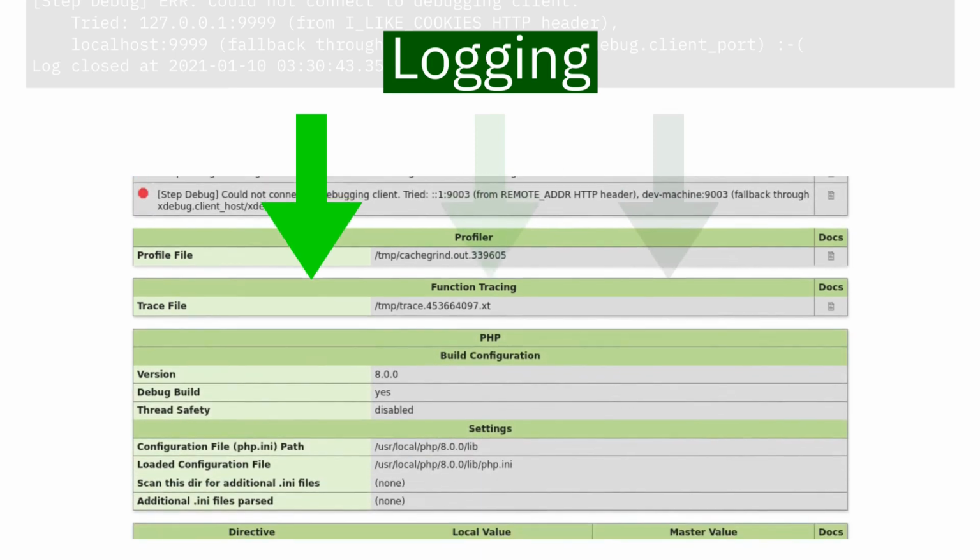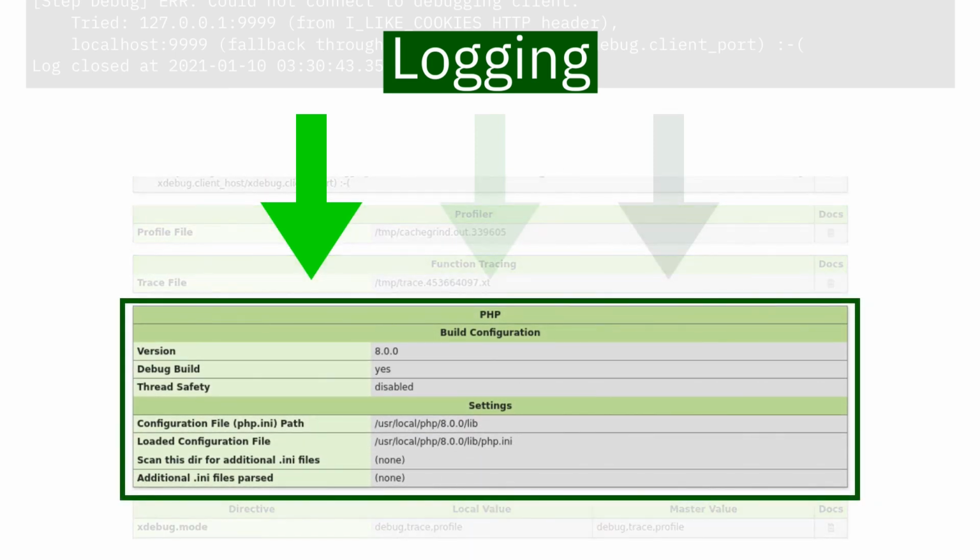Below the diagnostics information we find a subset of PHP's phpinfo information. It includes PHP's version, whether PHP was built with debug symbols, and whether thread safety is enabled for this specific PHP build. This information is useful when finding a bug report at https://bugs.xdebug.org, in case there is something wrong with Xdebug itself.